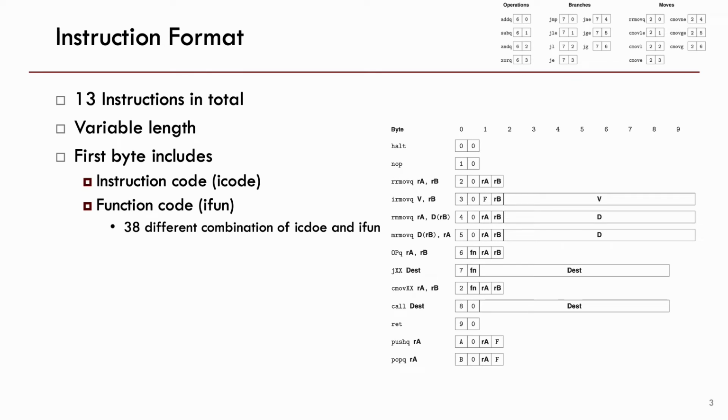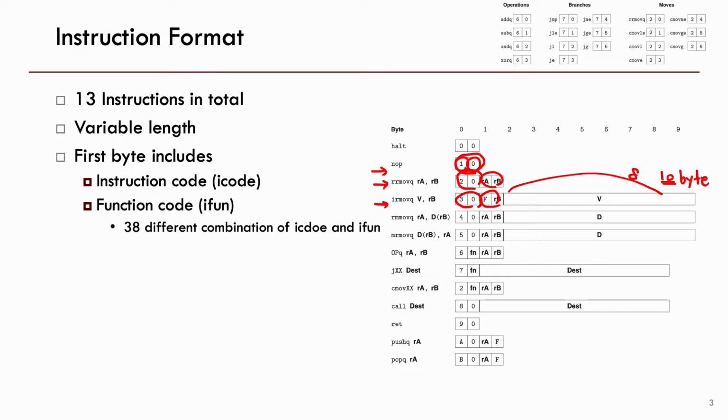As far as instruction format, there are 13 instructions in total, and it is a variable length instruction. So different instructions may have different sizes. For example, the nop instruction has just 1 byte. The small box here is 4 bits, and since it has 2 boxes, it is 1 byte. And the rrmovq instruction has 2 bytes, and the irmovq instruction has 1, 2, and 8 bytes for V, so it is 10 bytes in total,